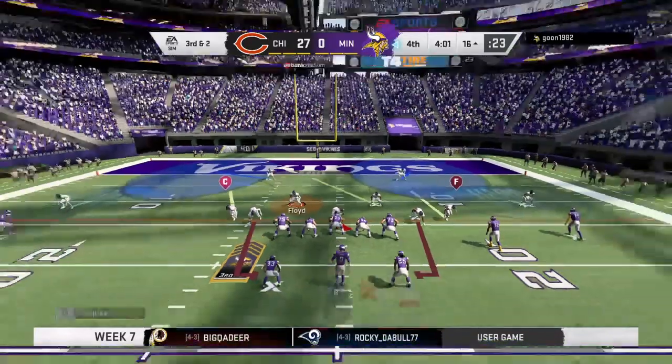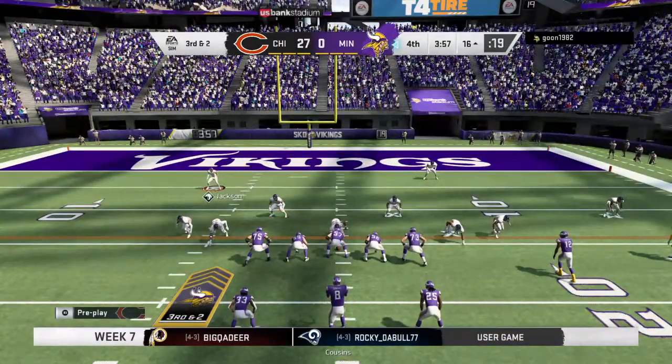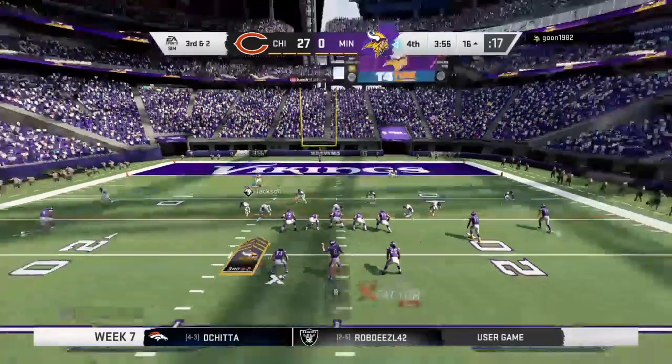Hey, bring up 48. I'm about to take you to school. 22 jet bomber. 22 jet bomber. Sure. Hey, check 24. Watch